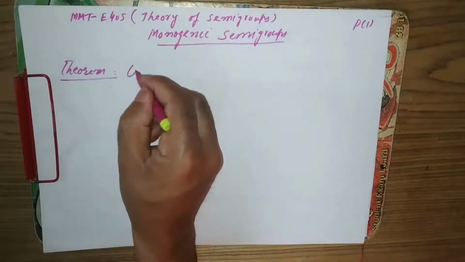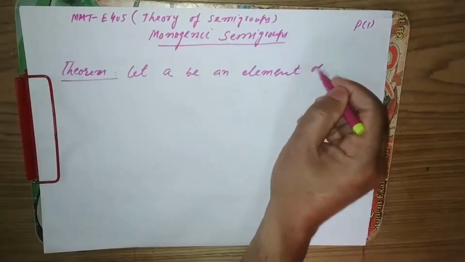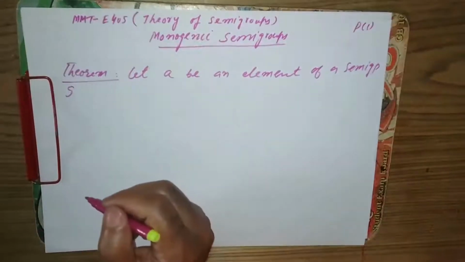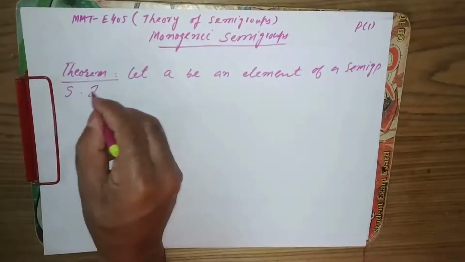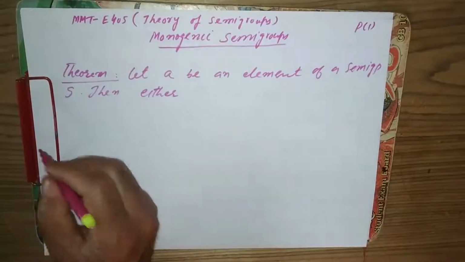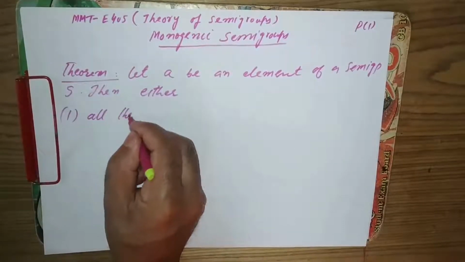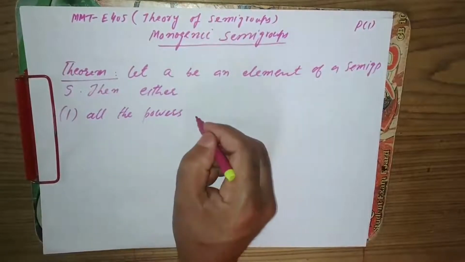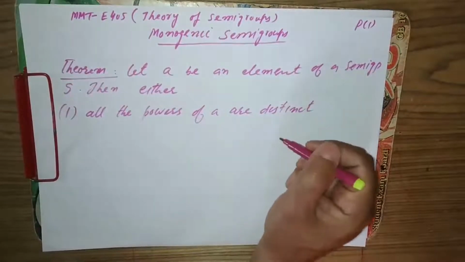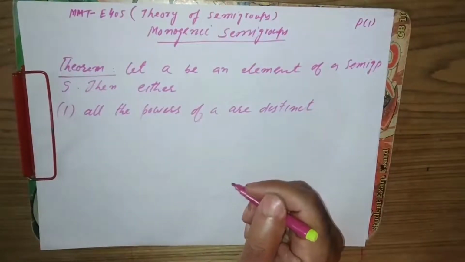Let A be an element of a semigroup S. Then either all the powers of A are distinct, they are all distinct, and in that case, if all the powers of A are distinct, then this monogenic